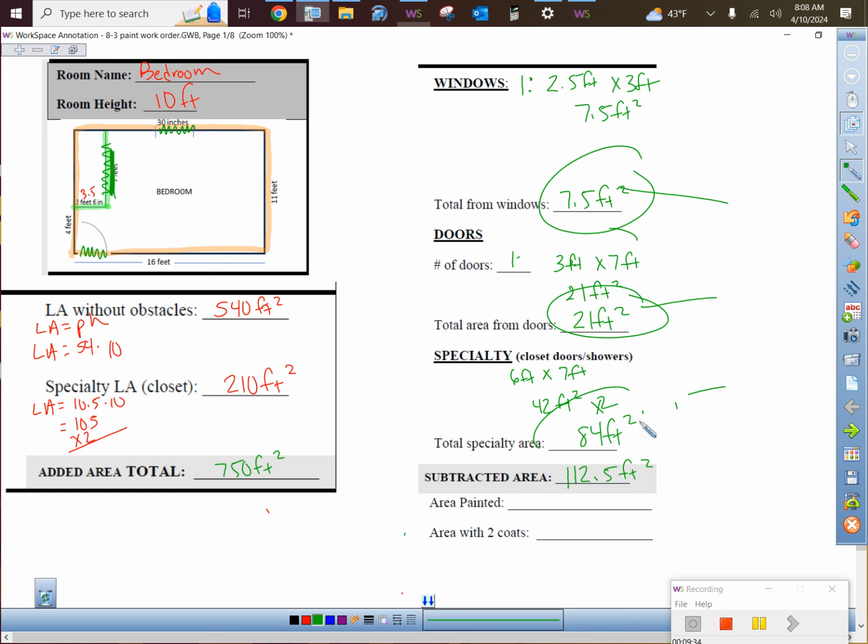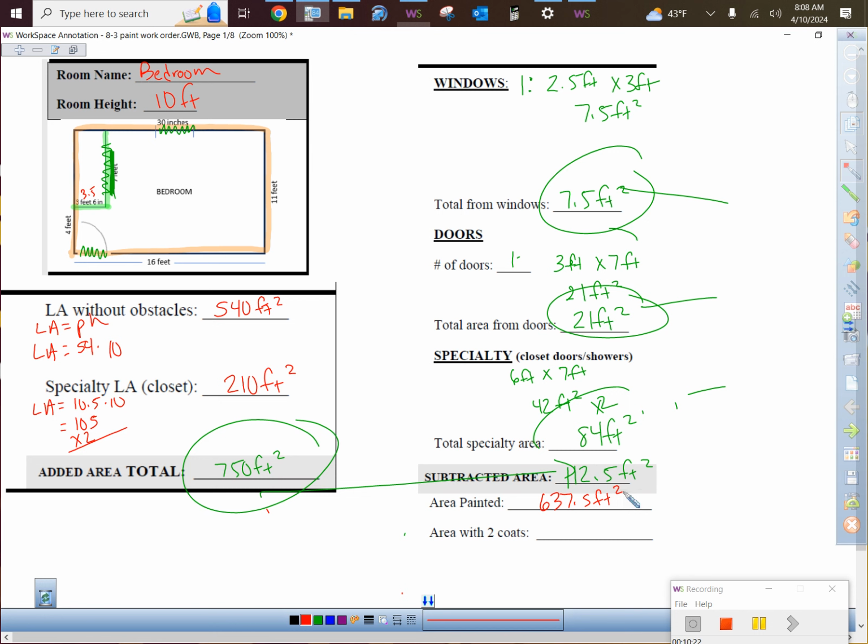So, okay, so area painted. Would you believe it's our total area, take away our subtracted area, right? So if we subtract 750, take away 112.5, how much square foot is going to get painted? 637.5 square feet. And any normal person, when they're painting something for the very first time, will do it twice,